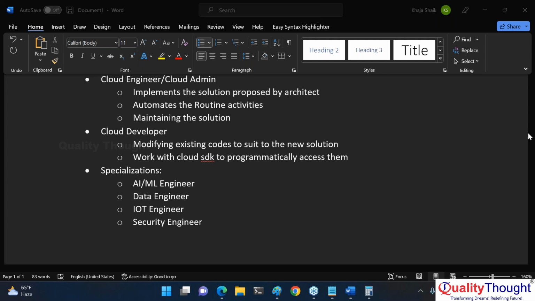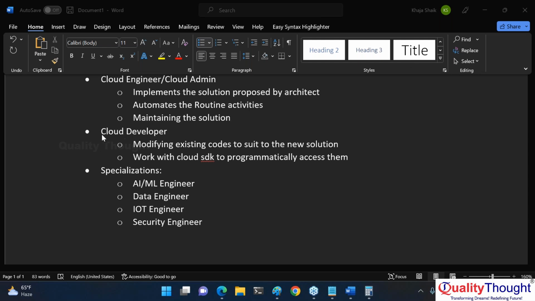So what a lot of organizations are doing is, anyway, cloud is giving you better storage, so they are moving their data lakes into cloud. Along with that, they also have to fetch the data from various sources. So these guys build something which we call data pipelines. That is done programmatically, but that is what data engineers do, and IoT engineers. IoT is almost everywhere. Whoever is wearing a smartwatch, you have some kind of IoT around you. So these are all the specializations.